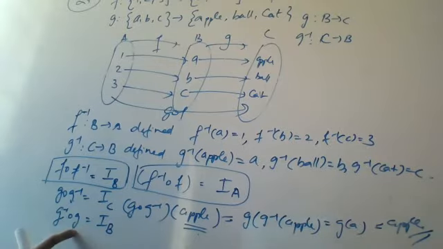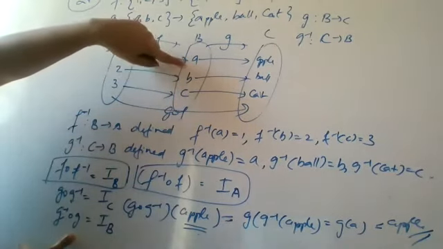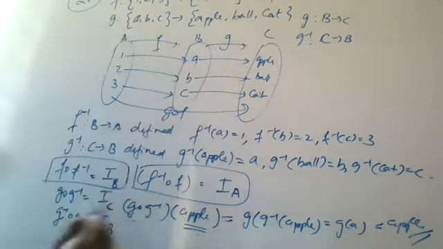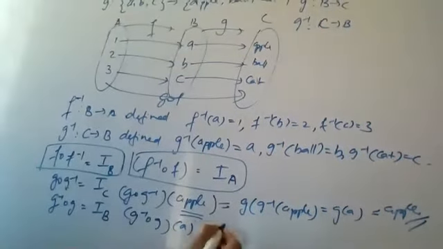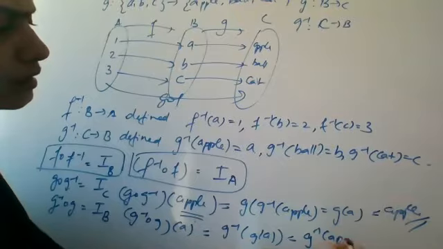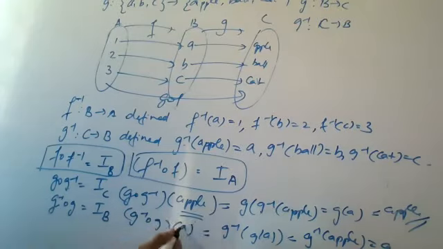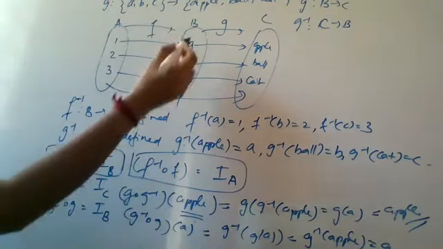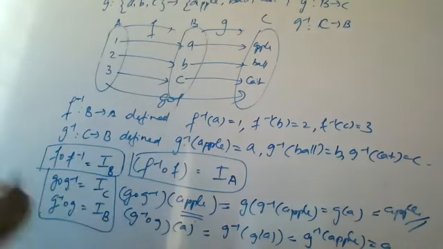G inverse composition G of कौन सा element लेना पड़ेगा? A या B या C, right? तो इसका कोई element from the set B you have to take. So you get G inverse composition G of, suppose I am taking an element A, then I will get it to be G inverse of G of A. Now what is G of A? G of A is apple. You'll get G inverse of apple. Again, G inverse of apple is A. You'll get A. So started with A, ending with A, and this A belongs to the set B. Therefore, it is IB. Okay? इतना आपको मिल गया है.